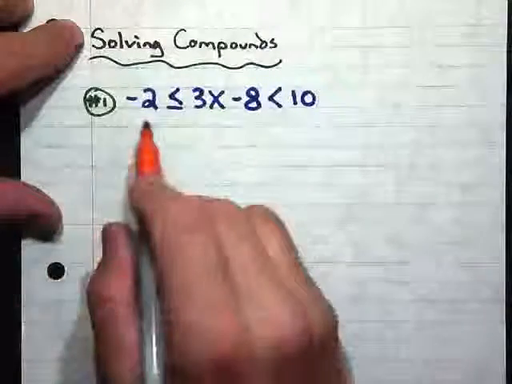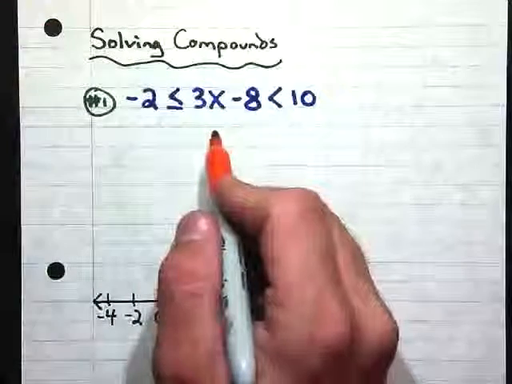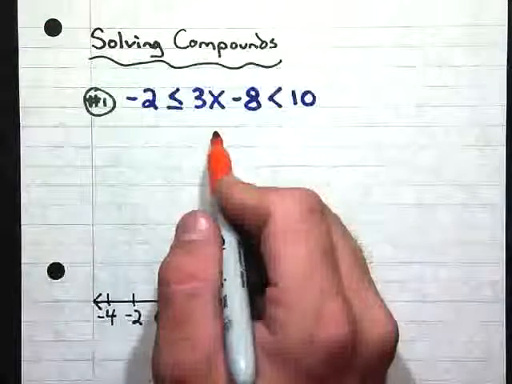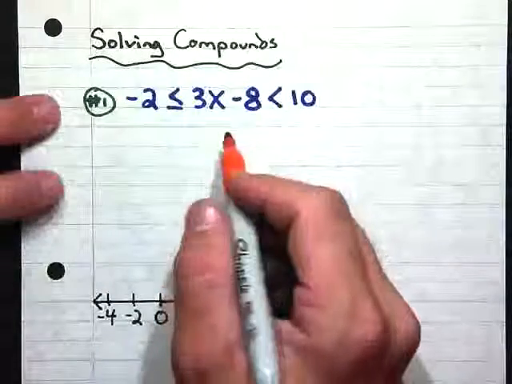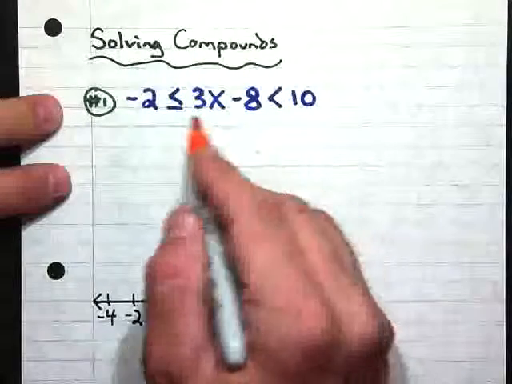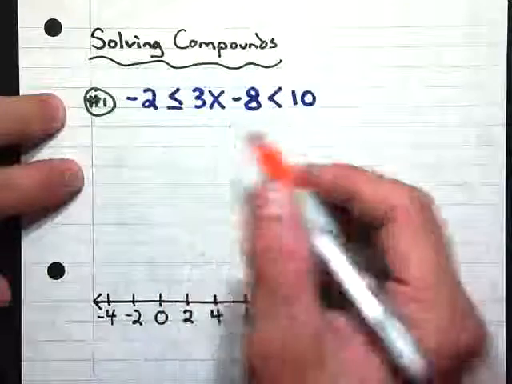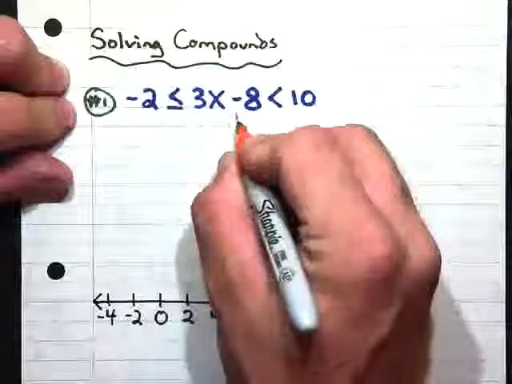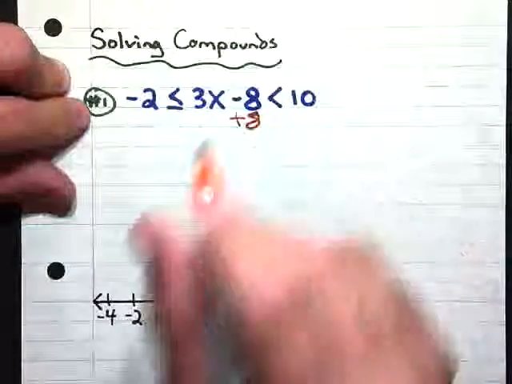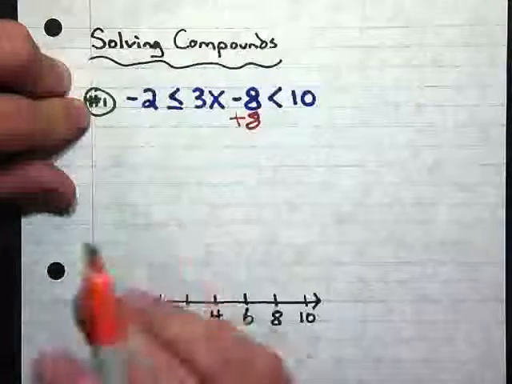Now, for our first problem, we have negative 2 is less than or equal to 3x minus 8, which is less than 10. Basically what we want to do here is solve for x in the middle. We want to get x by itself. So the first thing we do is add 8 to get rid of this negative 8. Now, with an and compound, if we do it to one, we have to do it to all